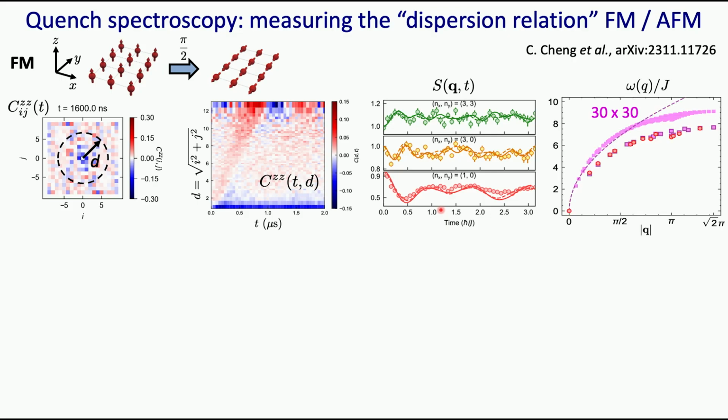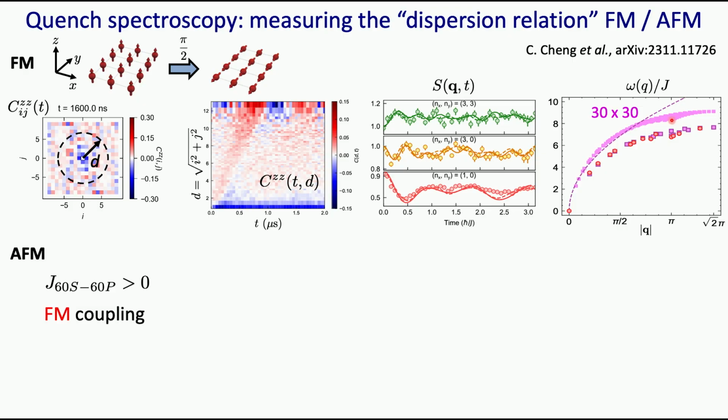And from this analysis, you can extract the dispersion relation as a function of Q. The circles are the data, and the squares are numerical simulation of the experiment for the finite size system, including also the imperfections. Very clearly, we do observe that it's not a linear dispersion relation. If you had an infinite size system, that would be this dotted line, square root of Q. And if you had an even much larger system than what we have, so 1,000, so 30 by 30, you would not even reach this square root of Q. You would still have a discrepancy. So this is the numerical simulation that was done here.